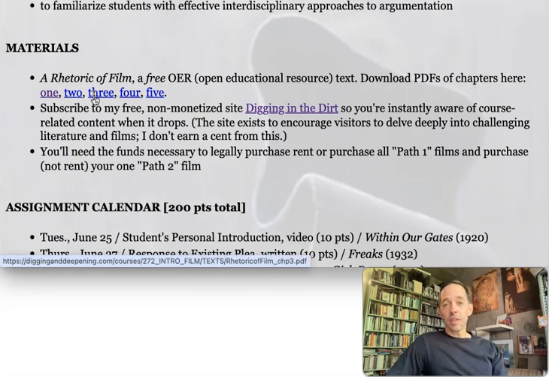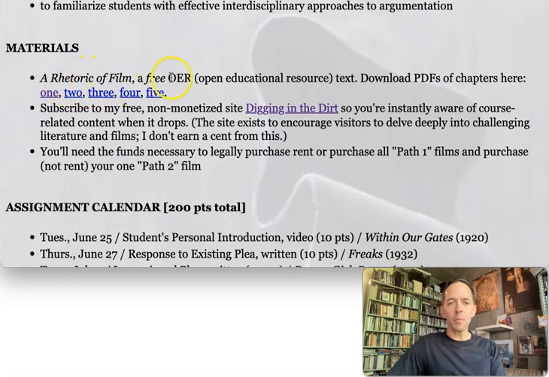There is no textbook for this course that you have to purchase online. There is a free textbook. It's very dated. It's the Rhetoric of Film, generated by a faculty member at Cal Poly a number of years ago. And it is pre-digital film. So you will recognize how old this is when you're reading it. It does, however, provide context for some basic film ideas, film terminology, and that's why I'm using it. It's no cost to you. You can just download the PDFs here.